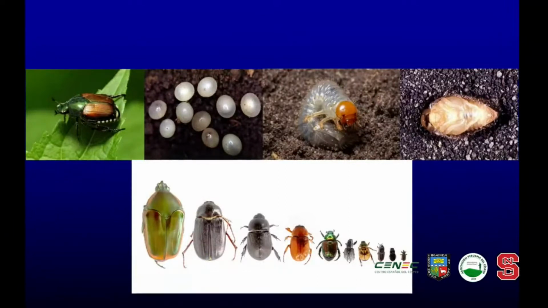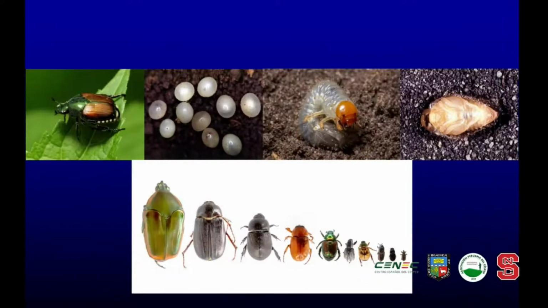You have the beetle. The beetle lays its eggs in the soil. For most of the species we have, this happens in the middle of the summer. Then those eggs hatch into grubs or larvae. There are typically three stages. There's a very small stage, a medium stage, and they complete these two stages usually within about 3 weeks. Then they become the full-size grub, and they begin feeding on the roots of the turf grass, doing a lot of damage. They typically will overwinter in this stage, and then the following spring, they will form the pupa,